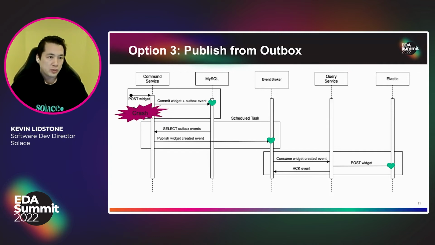What that would have required, though, is idempotent message handling on the command service side. And this is one of the pros that I had mentioned. We have simple handling in our REST resources, because we don't need to have idempotency. Doing things in an idempotent manner with MySQL is a little bit more complicated than with Elasticsearch, especially because our architecture originally didn't have the idempotency built into it. We would have had to rewrite all of our REST resources to support that. So that's why we felt this implementation using the Outbox pattern was the right solution for us in a more pragmatic view.